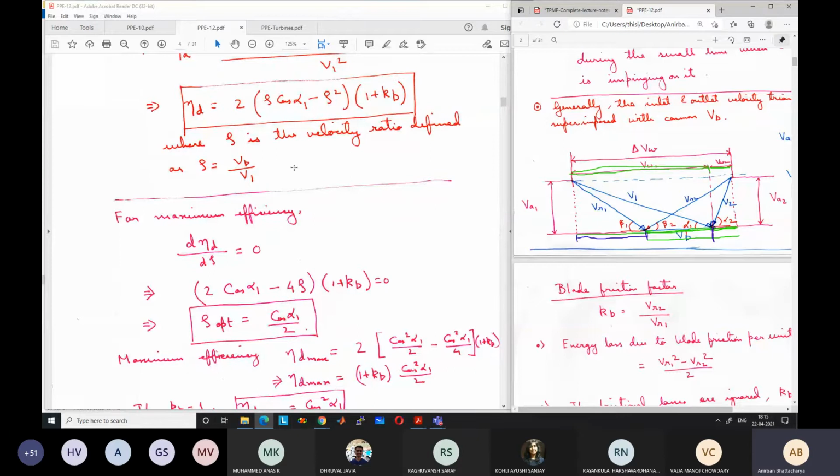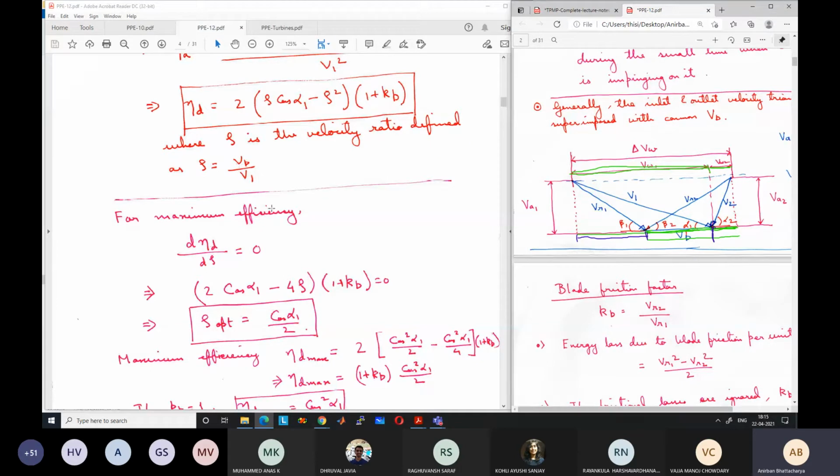Depending on the angle, we can design it so that we get the optimum VB by V1. Generally, this angle is not independent. It depends on the manufacturing process what the alpha 1 value will be, and VB is also not independent. So V1 has to be calculated based on VB and cos alpha 1, and then the nozzle has to be designed based on that. That is, what should be the enthalpy change in the nozzle based on V1.